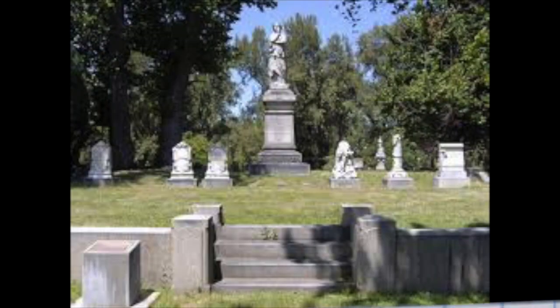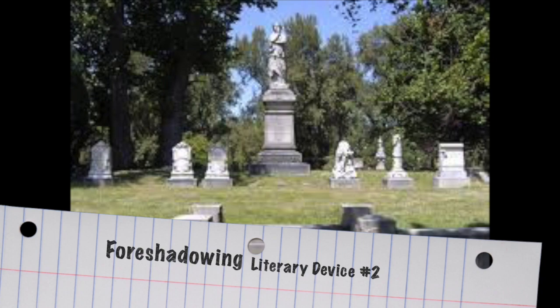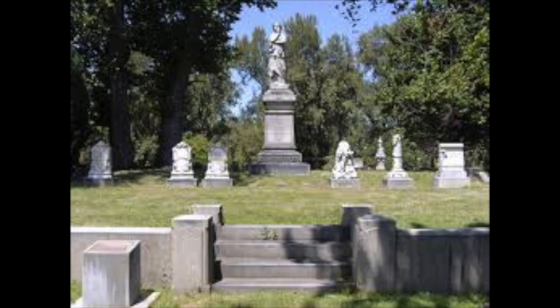Number two is foreshadowing. When the family drives by Tombsboro and sees five or six graves in A Good Man Is Hard to Find, Flannery O'Connor is using foreshadowing. Those five or six graves are going to be their graves, and Tombsboro is going to be their tomb, right? So authors use these as clues as to what will happen in the story.